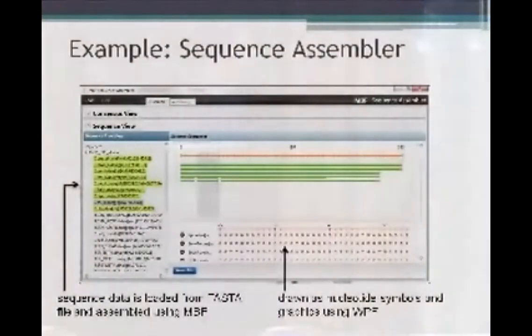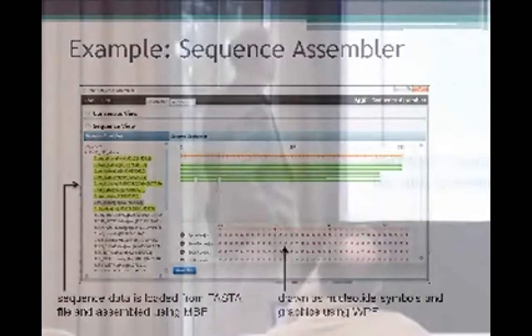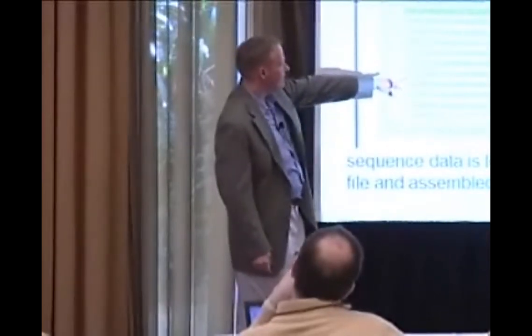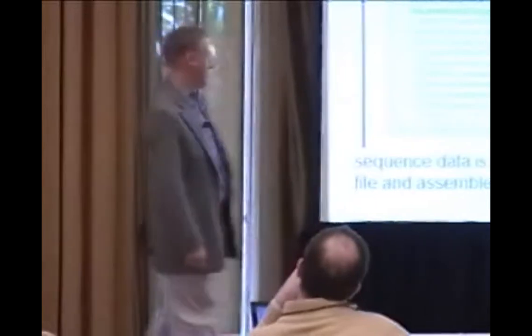Because it's .NET, we can build a variety of different applications with it. So here's an example. This is actually one that ships with the MBF itself. It's one of the samples. It's a sequence assembler. It also does some alignment capabilities. You can see it's got actual sequences loaded over here. We see the actual nucleotide data, and then you can change the range and do some alignments as you load those sequences together and then finally assemble them. This is just one of the many examples that comes with the toolkit itself that you can download and go through the source code and see how they've actually built this.